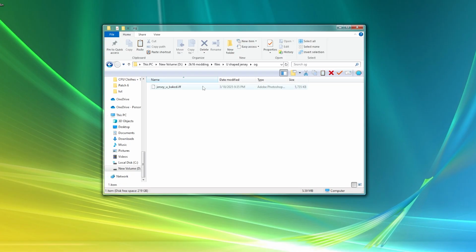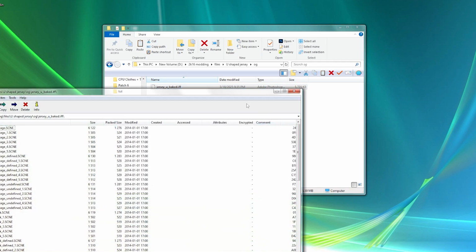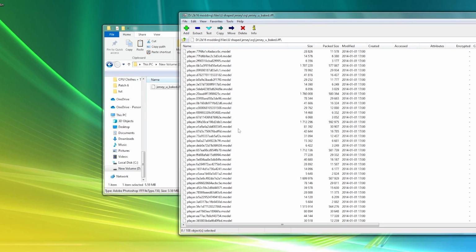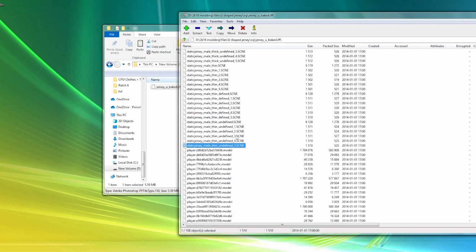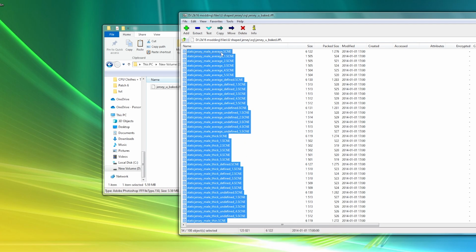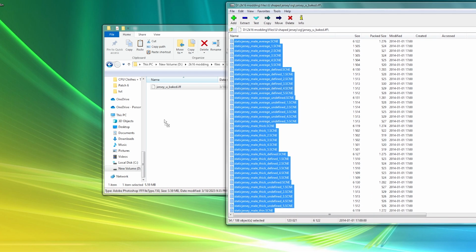So pretty quickly I'll go over seam blanking these jersey shorts files. In this instance we'll be using the jersey _u_ baked file, which is just all jerseys with a U-shaped collar. You want to take the file, open the archive of it in 7-zip. You'll see there's a bunch of scene files. You're going to need all of these. Just select them all like that, drag them out,